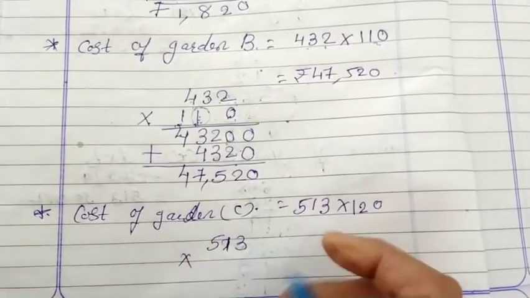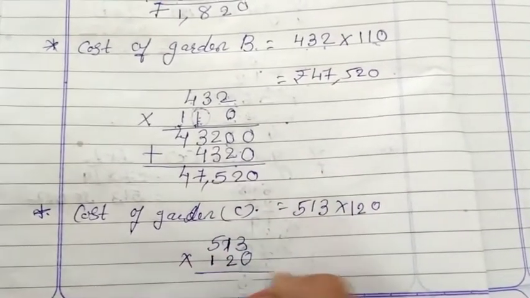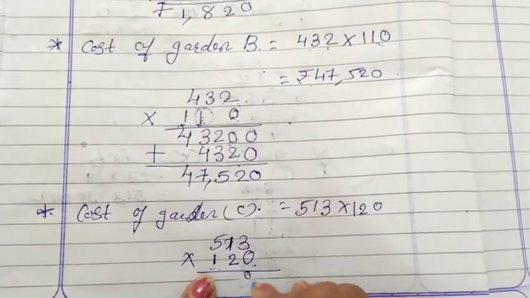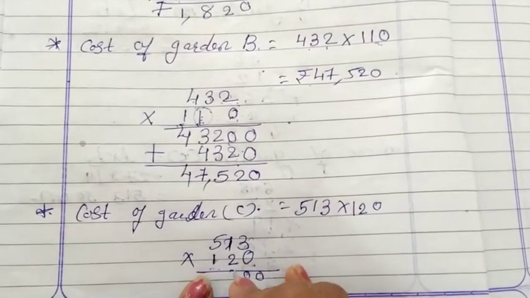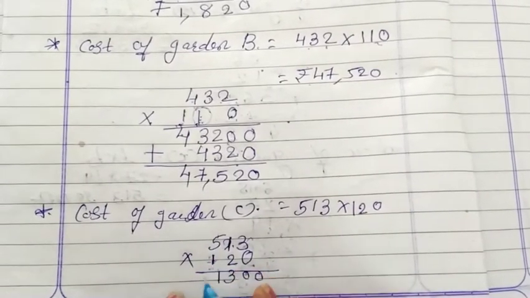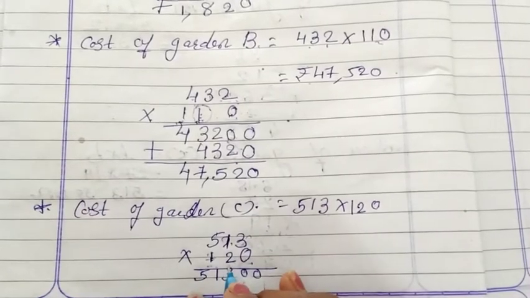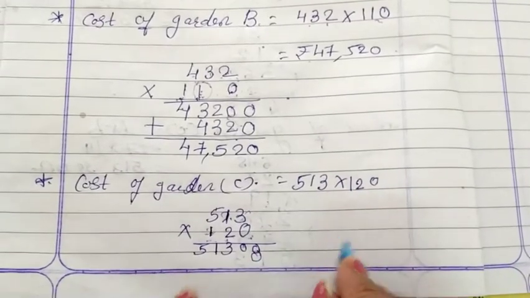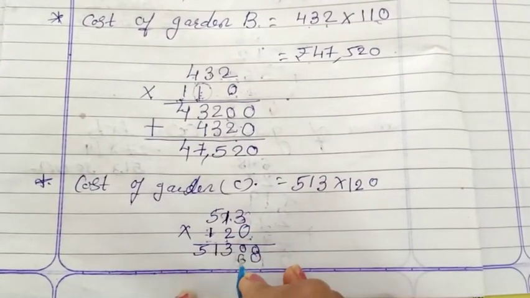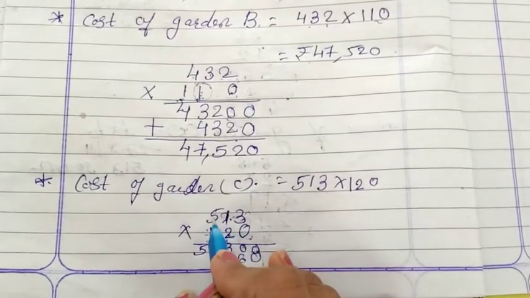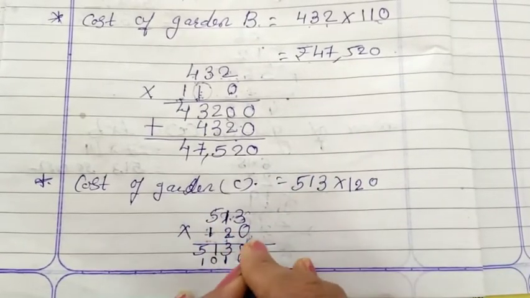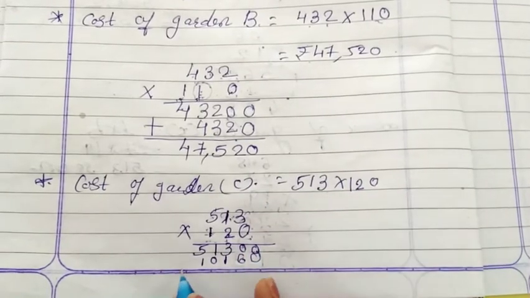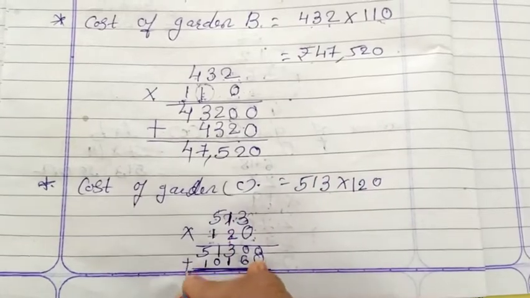513 multiply by 120. We'll start with this one. So 1 after 2 digits. For that we'll do 0. 1 3s are 3, 1 1s are 1 and 1 5s are 5. 2's turn. So 2 at right side 1 digit. For that we will put 1 0. 2 3s are 6, 2 1s are 2 and 2 5s are 10. 0, so multiply with 0 any number, answer will be 0 only. So no need to write. We'll add both answers.